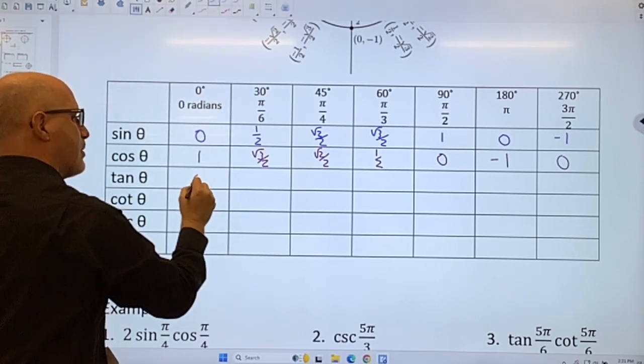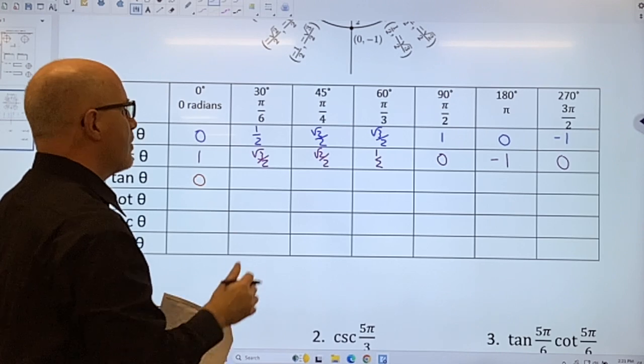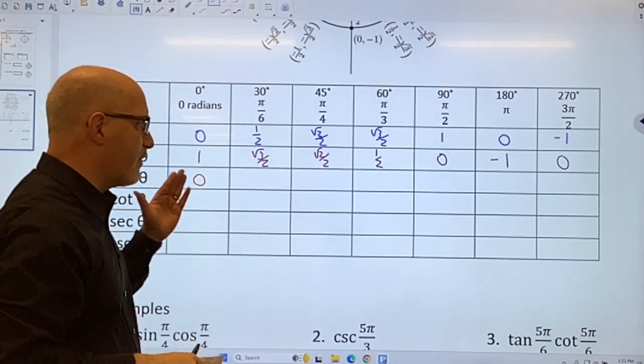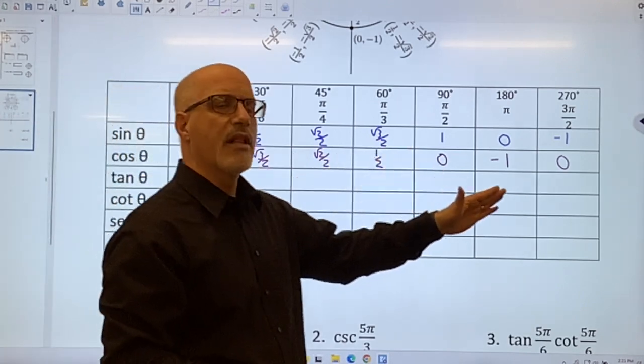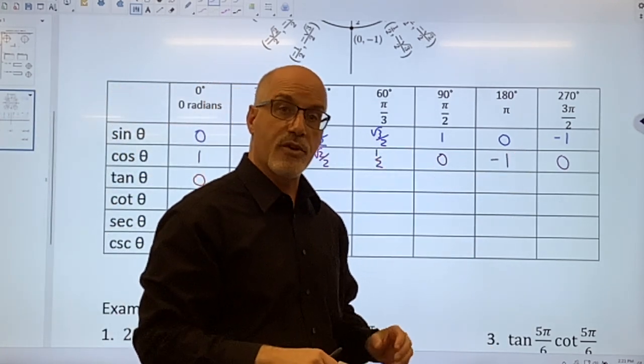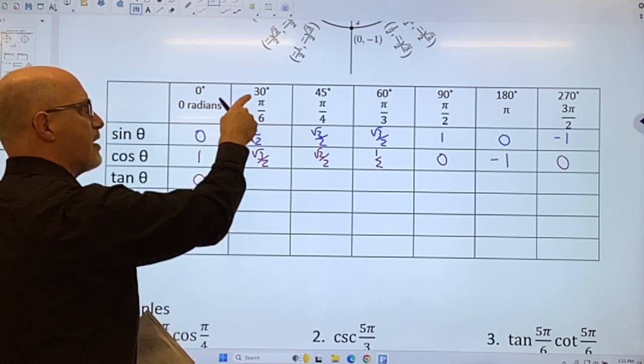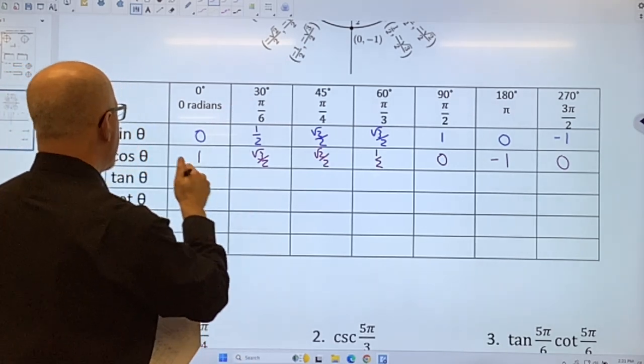So we have a 0 here. And if we start going up with 30 degrees, I'm going to demonstrate this one, and then I want you to fill in the rest of this table so that you can check to see how you're doing on this idea. So the next one, if we want to do tangent of 30 degrees,